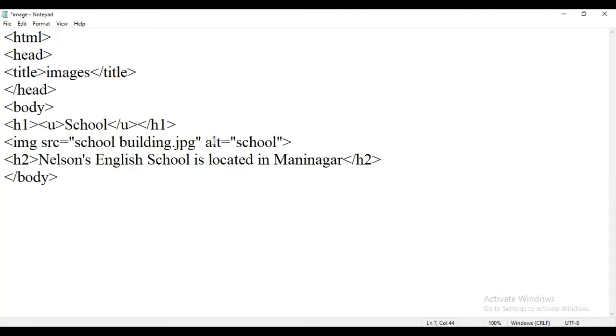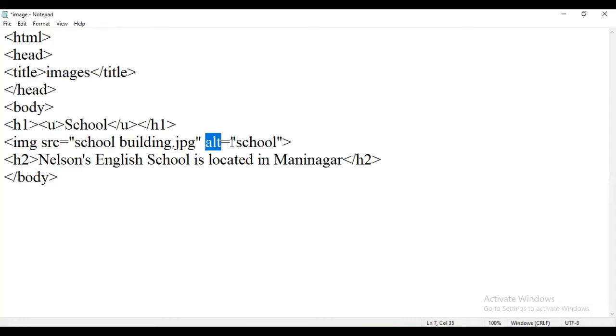This is where the ALT attribute will work: when a web browser is not able to display this image. When a web browser is not able to display the image, if this ALT attribute is not used, you will get a cross sign, a multiplication-like sign in red color.